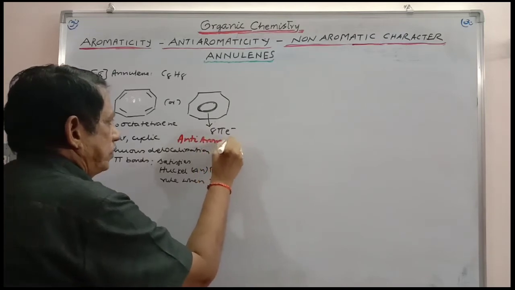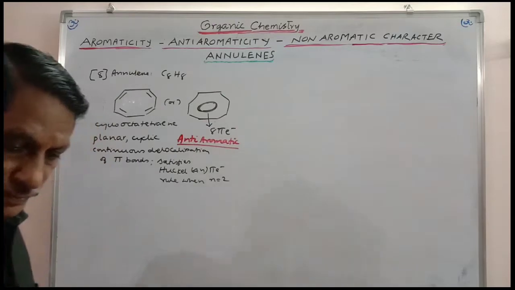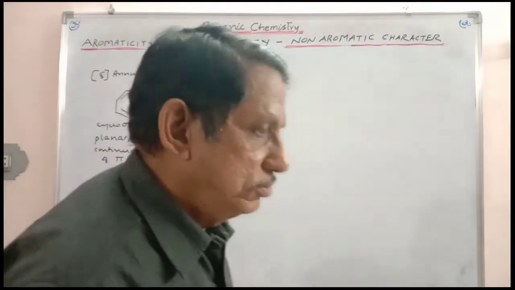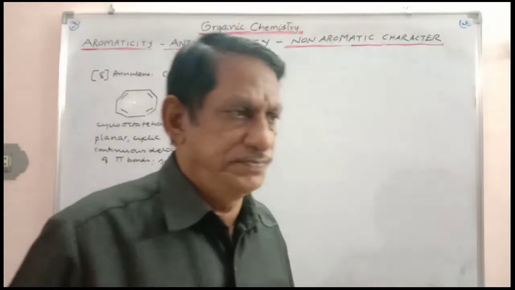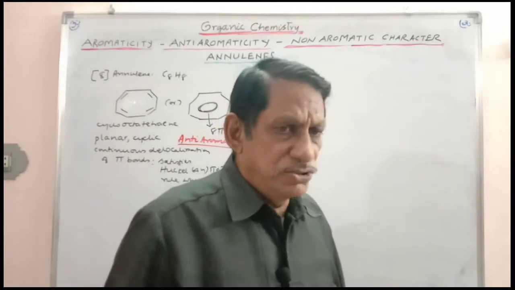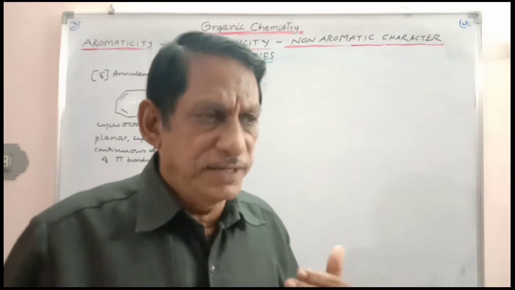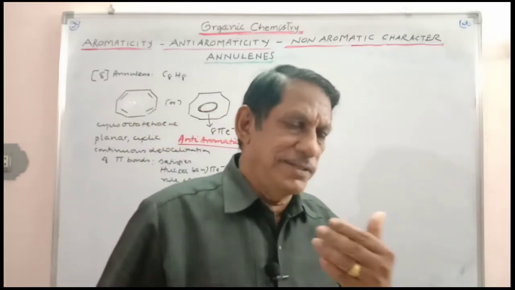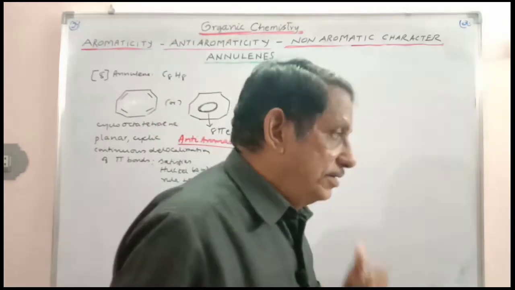It should be anti-aromatic. In the case of annulenes, which are monocyclic, having pi bonds and sigma bonds alternately, each bond should have half single bond character and half double bond character. So the bond length must be greater than a double bond and less than a single bond. All should be uniform. And here, X-ray analysis.